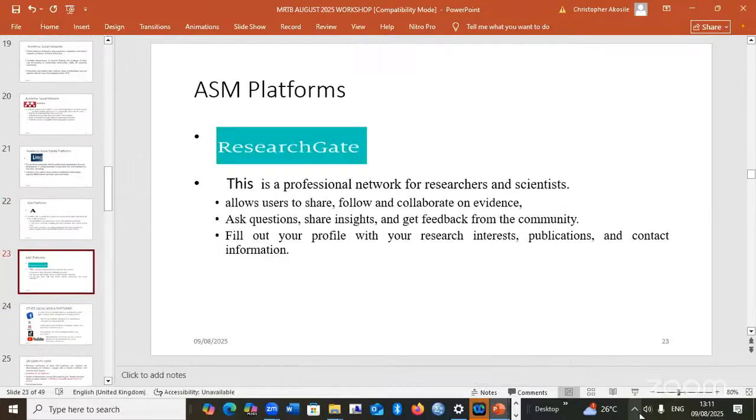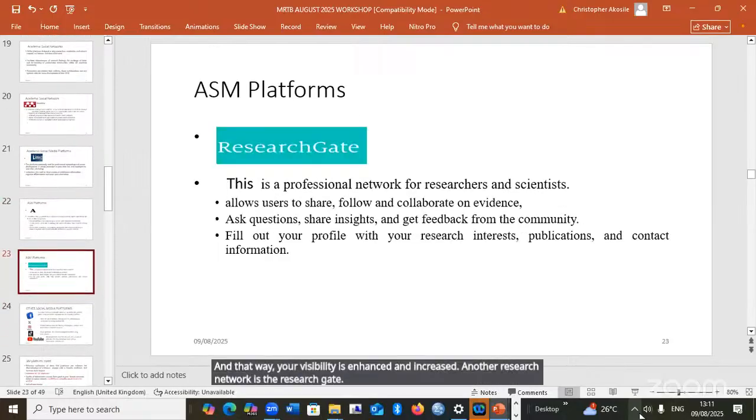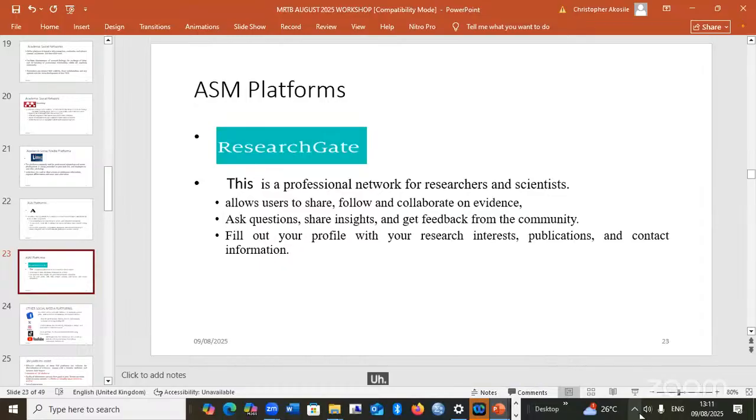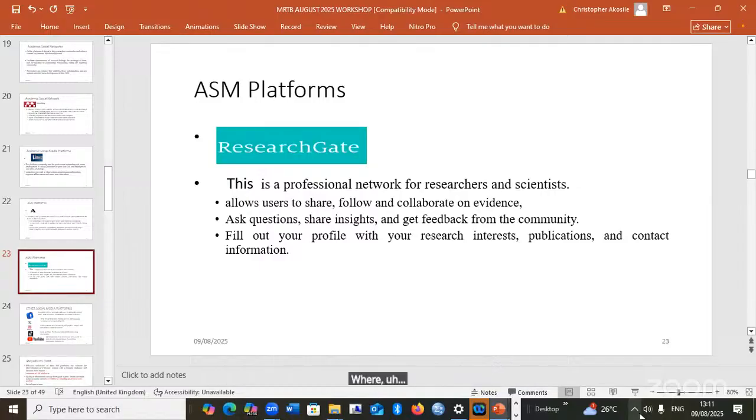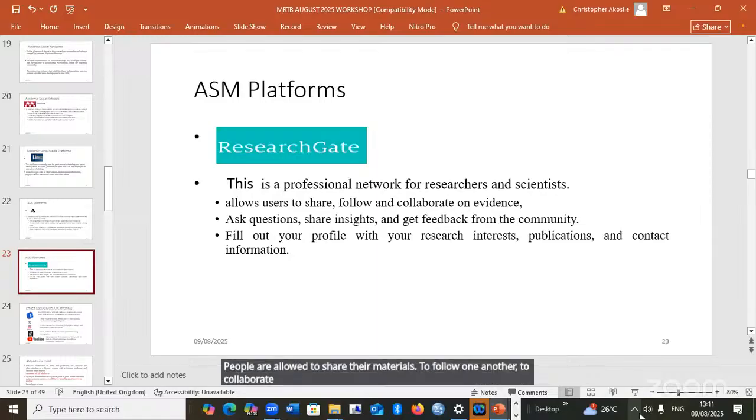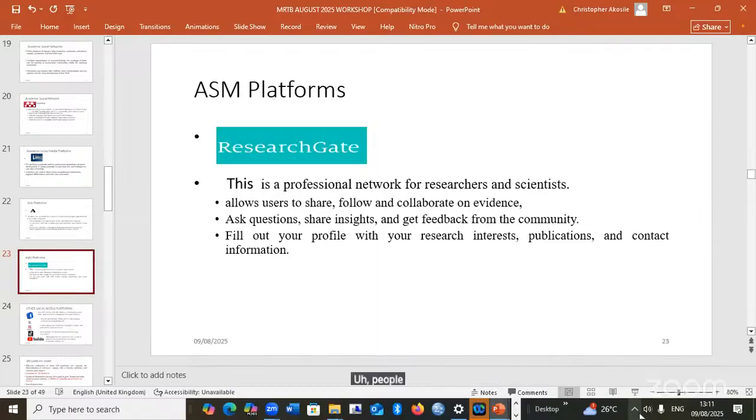Another research network is ResearchGate. ResearchGate has a lot of people, professionals, researchers, scientists, where people are allowed to share their materials, to follow one another, and to collaborate based on anything. And people can bring questions bothering them onto this platform, and it is shared for people to respond to and help them.